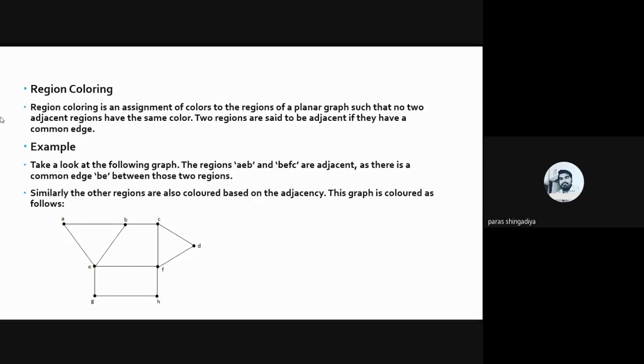common edge. ठीक है. इस तरह से हम ड्यूअल ग्राफ बनाते हैं. ड्यूअल ग्राफ हम कैसे बनाते हैं कि चेक द टू एडजेसेंट रीजन, and if they are adjacent you have to connect these two faces, two regions, okay, by the edge. So same condition will be implemented here to apply the region coloring.